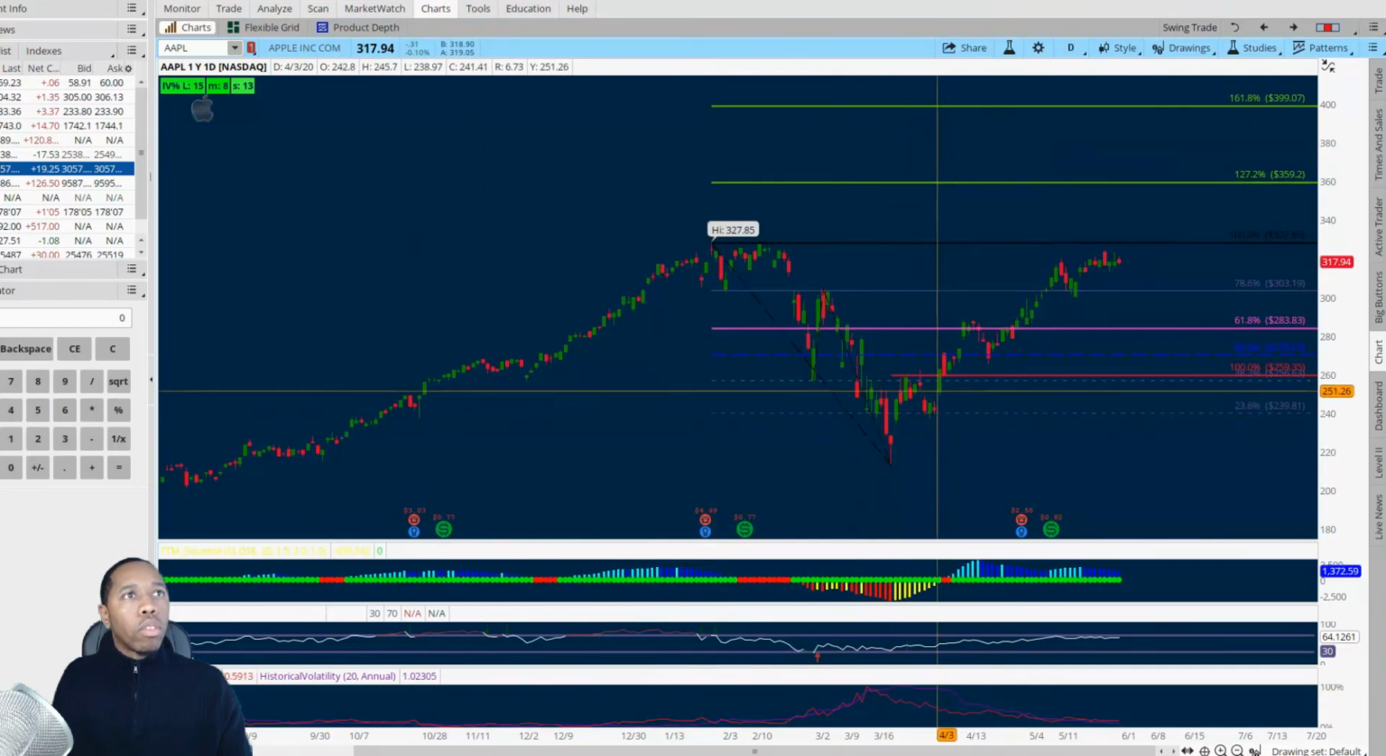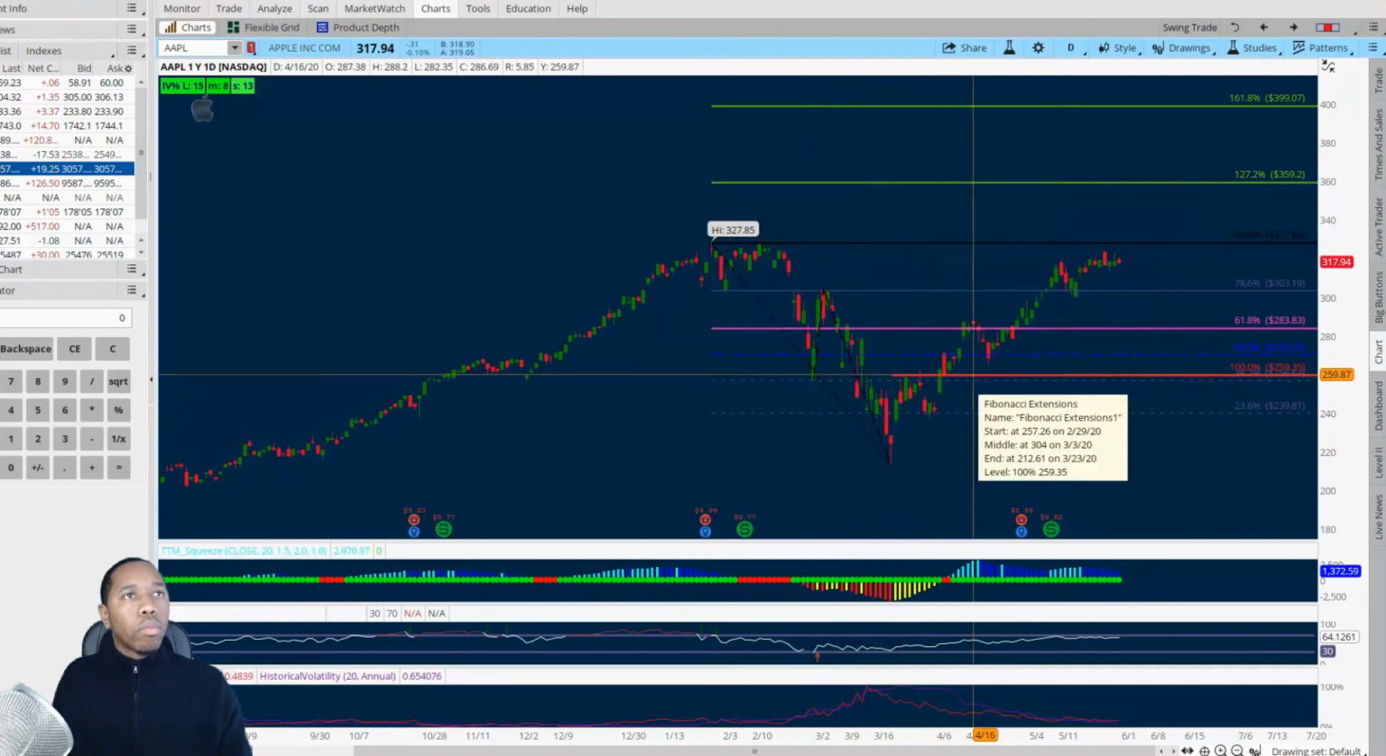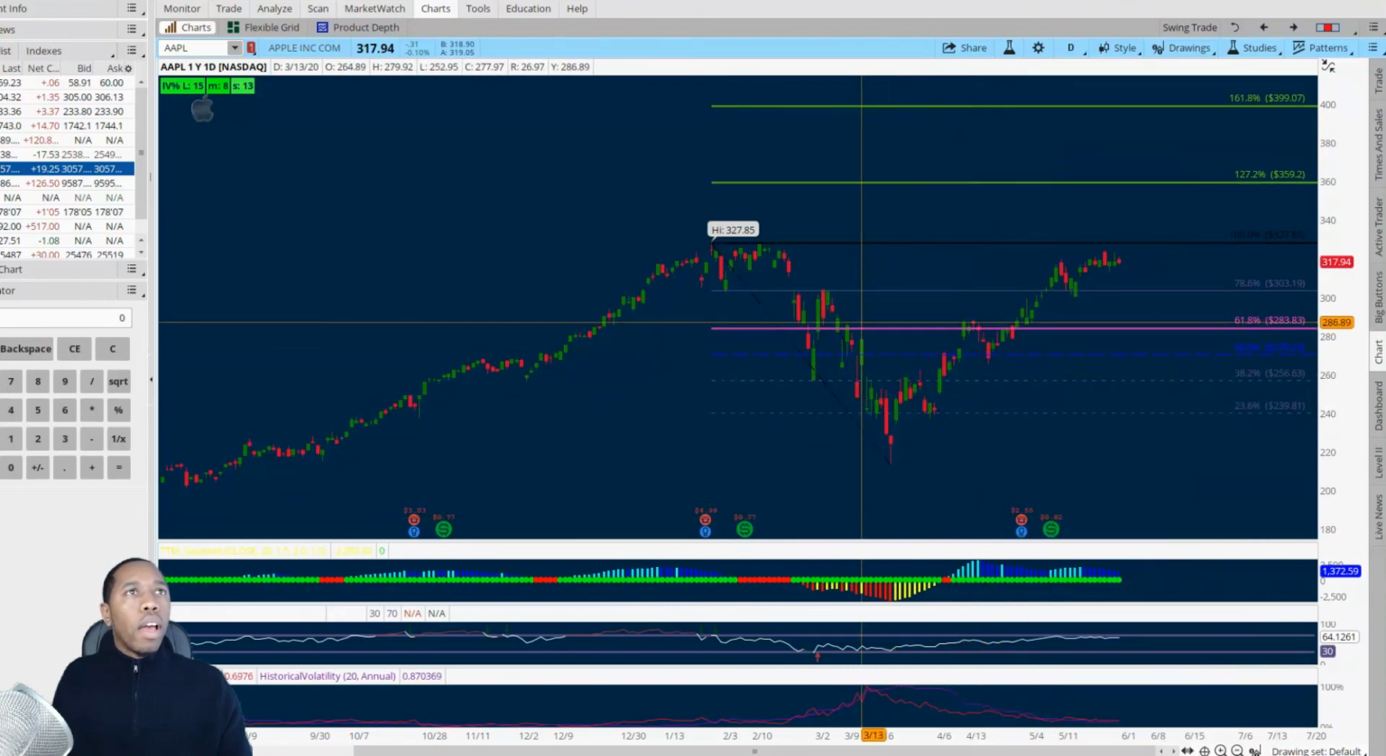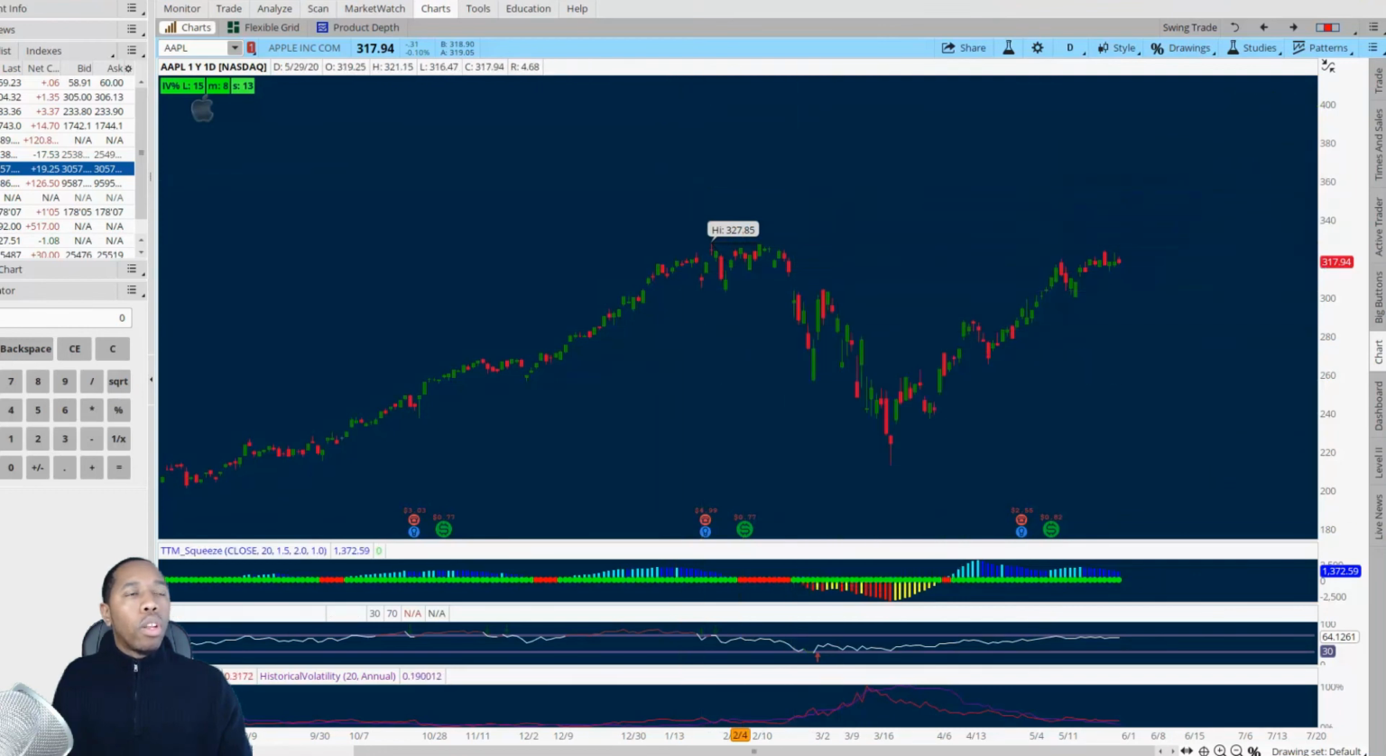All right. So now we have our extension tool on. And it's red right here. You can see it. So let's go remove those. We have our extension and we have our retracement tool here, armed. And what I'm going to do is delete this, because one of the major things